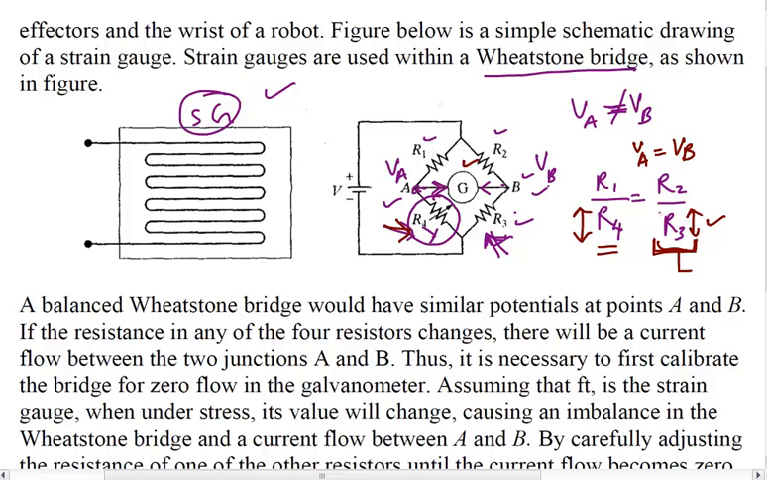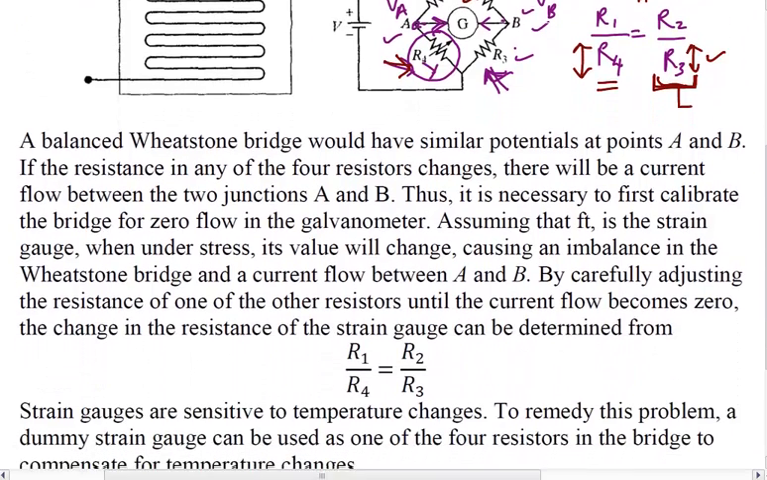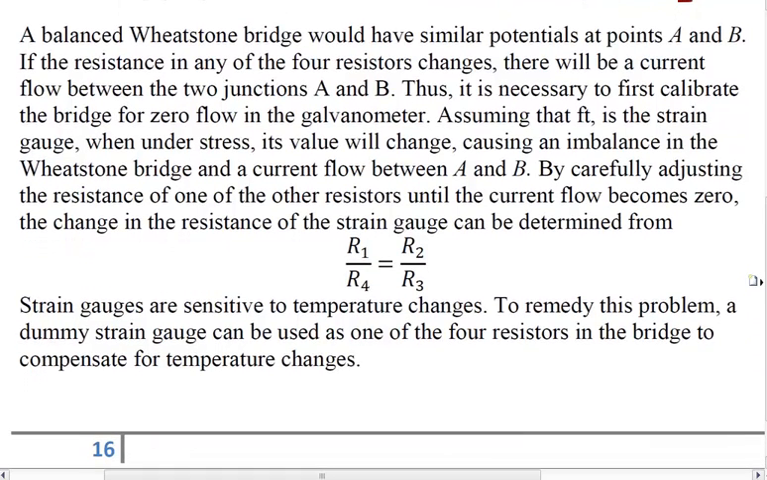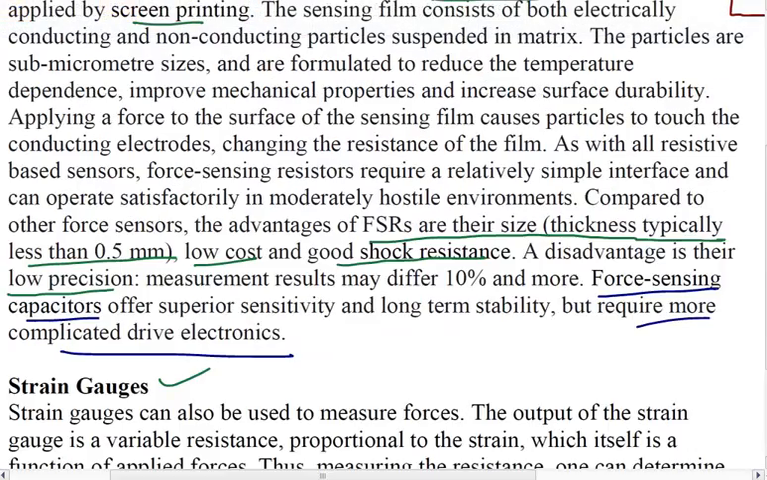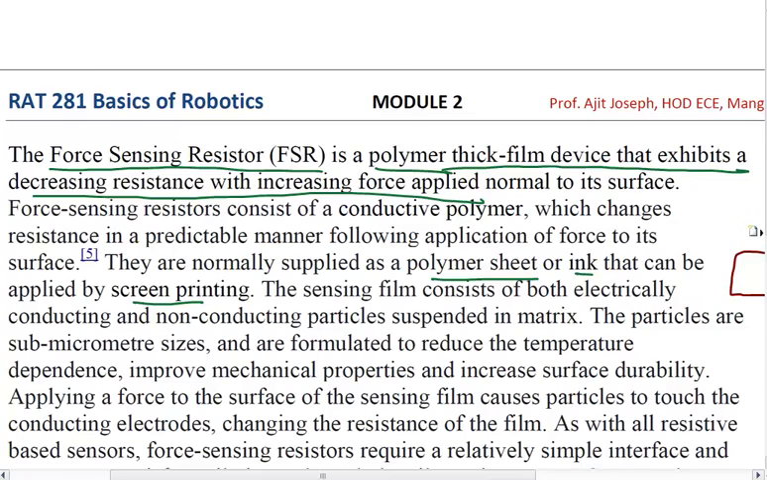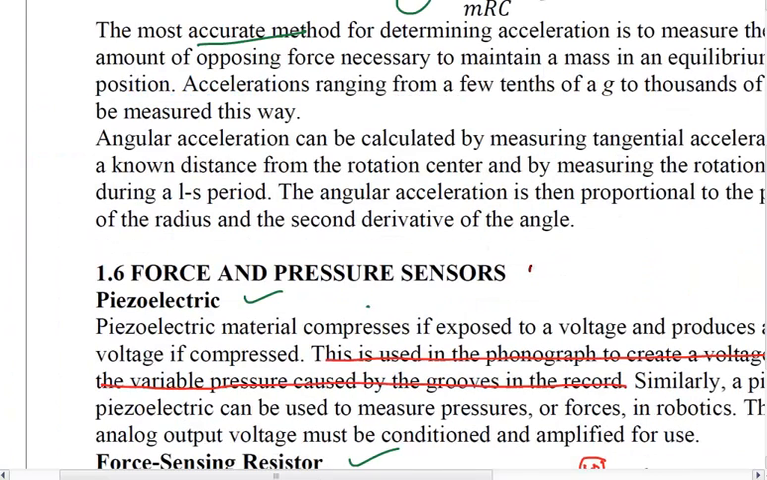Okay, so that is how we find out the value of R4, and once we have found out R4, we can find out what is the force or the pressure that is being applied, and that is basically how a strain gauge works. Okay, so with this we end the force and the pressure sensor. So today we have discussed velocity sensor,